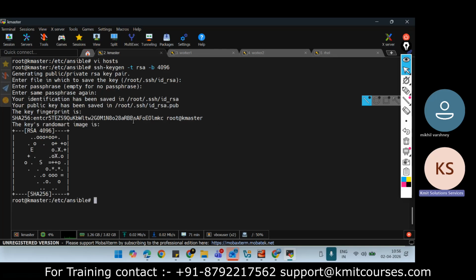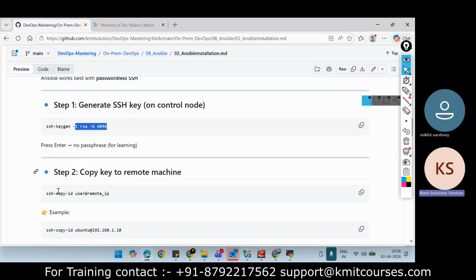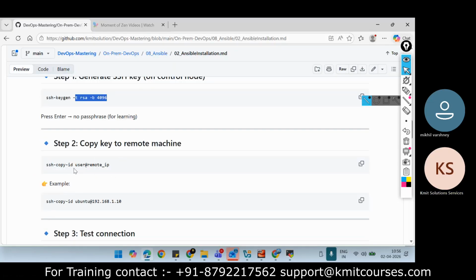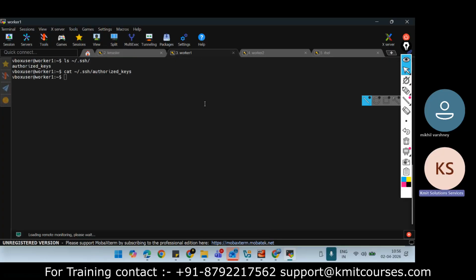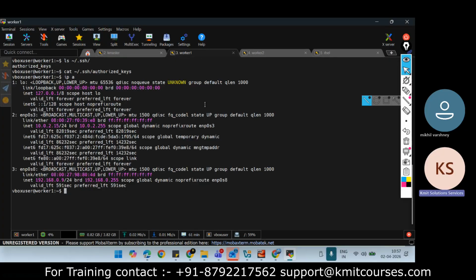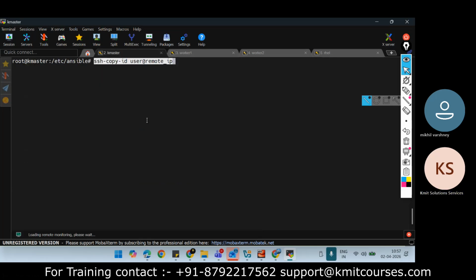Next, we need to copy this to our remote machines. So you need to run this command. For example, I want to copy it to this remote machine, whose IP address is 192.168.0.9, and the username is vbox user.